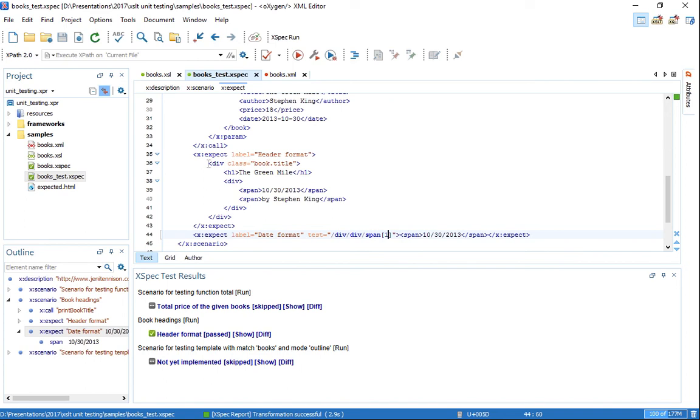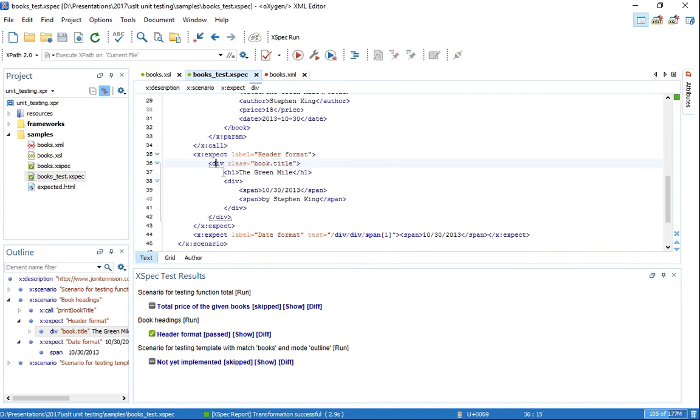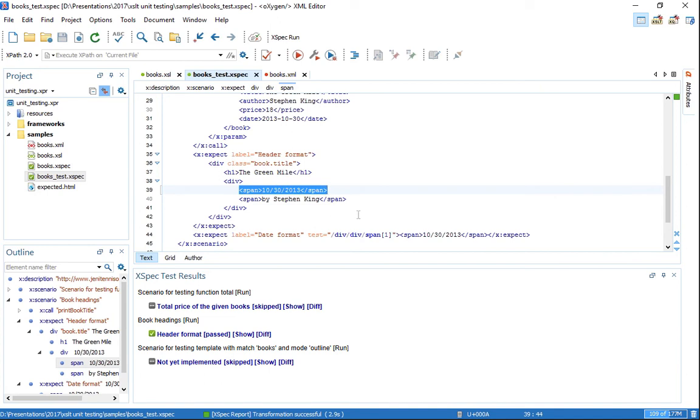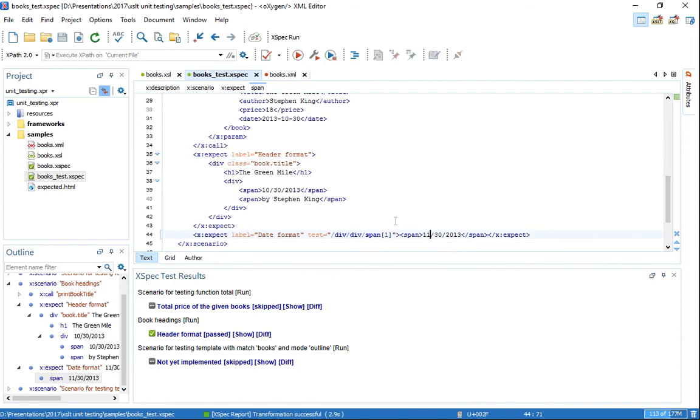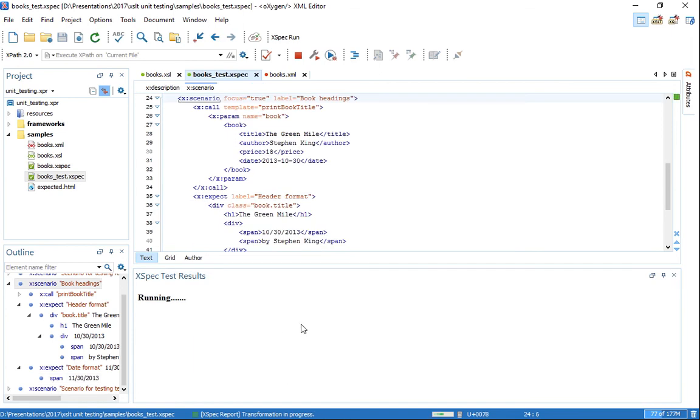So my template will generate this div element, and with an XPath expression I'll make sure I test just this particular span descendant. Let's make a bad assertion so that we see that this test actually functions. So let's run the test again,